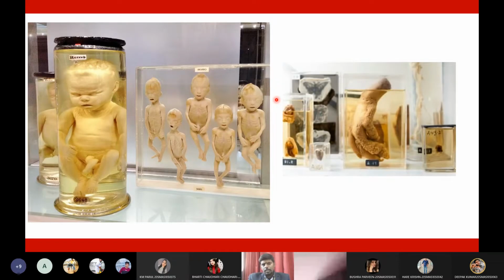For example, in histopathology, sometimes we will get specimens like this. These are dead fetuses. That means these babies have died even before birth. During pregnancy itself, some babies will die, or immediately after birth some babies will die, and those babies will be preserved in the labs to understand the reason for their death. If we preserve them properly in the fixative solution, they will look clear like this. But there is a high chance of getting contamination. Keep in mind, fixatives only